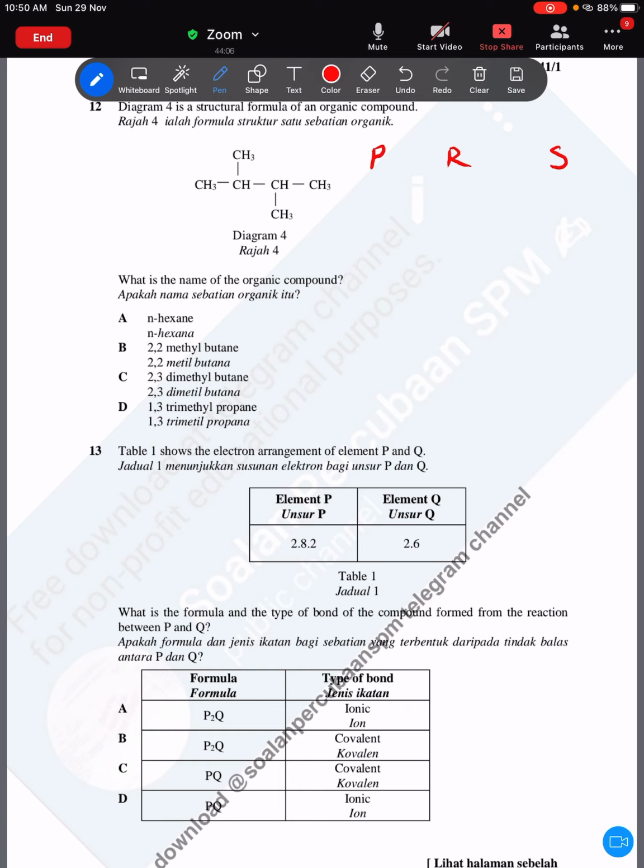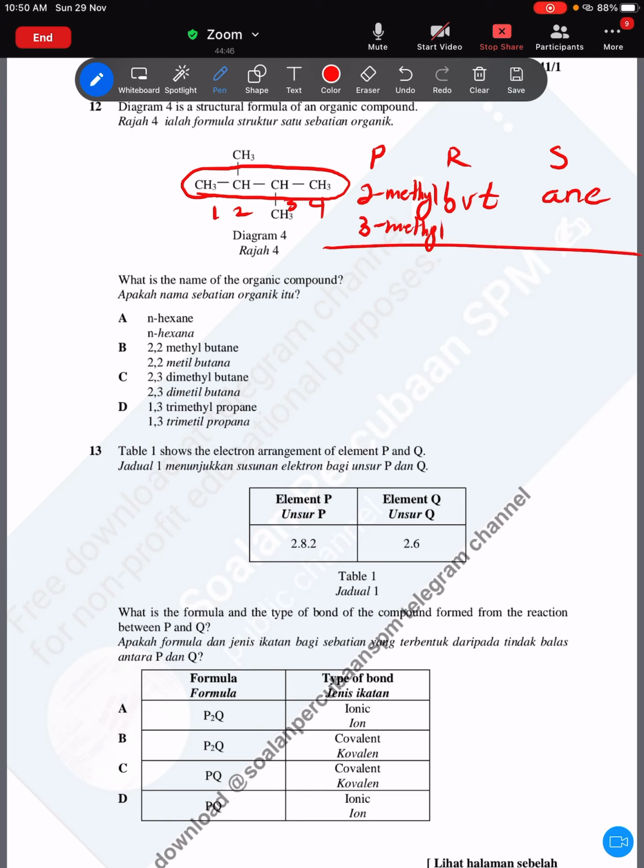So, by looking at this structure, which family does this belong to? Alkane, because it's a single bond. And the longest continuous carbon chain will be this one. You have 1, 2, 3, 4: butane. And carbon number 2 is methyl, and carbon number 3 is methyl as well. Since you have methyl twice, then it becomes